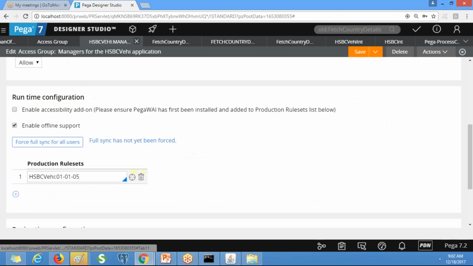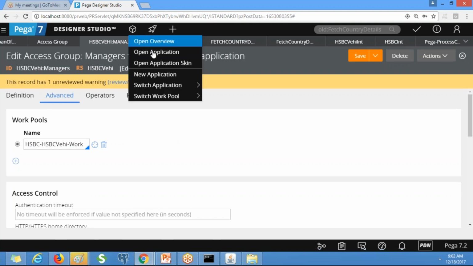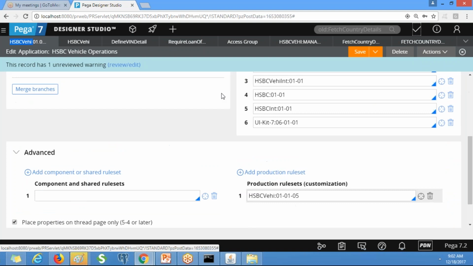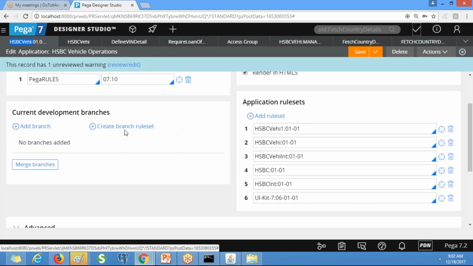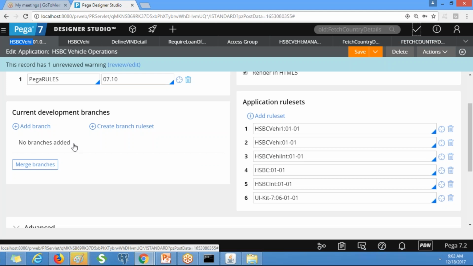Before that we need to create a few things, and after creating the branch rule sets, we have to define them in the application. Here we can create the branch rule set and define it later. We can merge it.